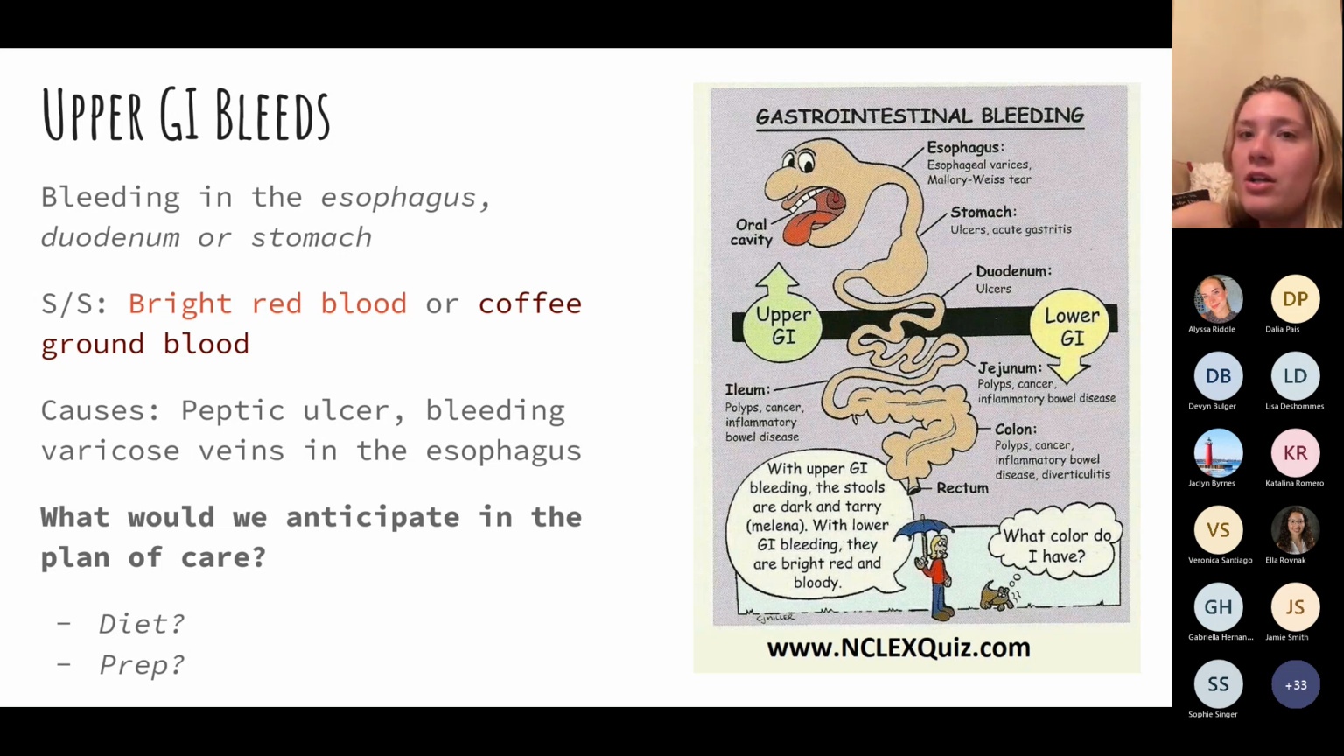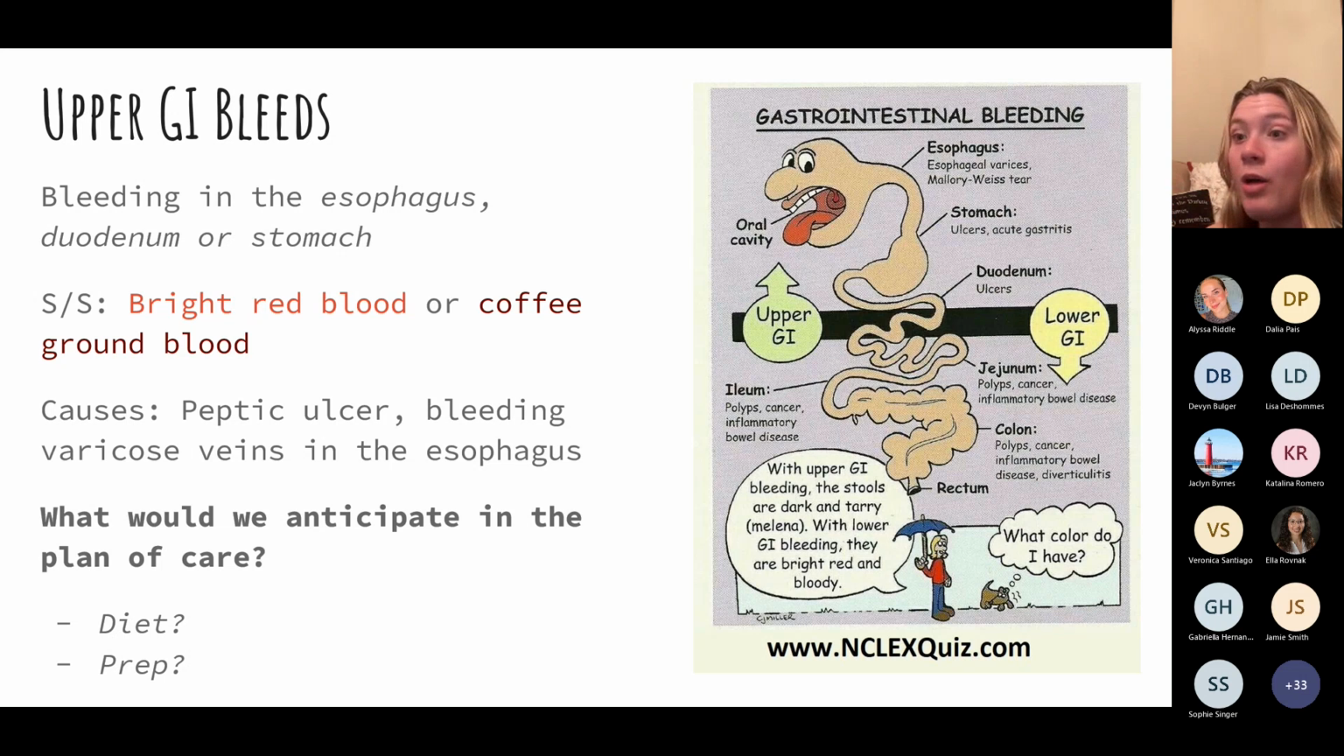So we talk about our GI bleeds. If I have an upper GI bleed, I have bleeding in my esophagus, duodenum, or stomach. So if I am coughing it up, you're either going to see bright red blood or coffee ground blood. If you see bright red blood, usually that's something from the esophagus, such as esophageal varices. If I'm seeing this coffee ground blood, I probably have a bleed in either my stomach or my duodenum,